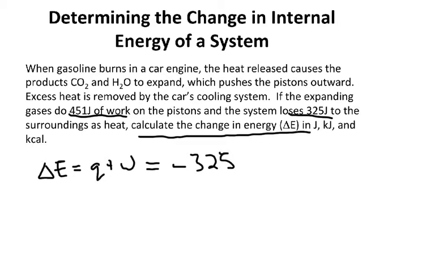So heat is being given off in this reaction, so it's going to have a negative sign. So let's look at work. The expanding gases do 451 joules of work. Anytime you have expansion, that means that a system is doing work on the surroundings, and so this is going to have a negative sign as well. So you have negative 325 joules minus 451 joules. So this equals